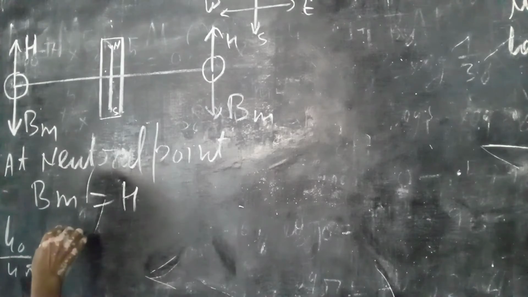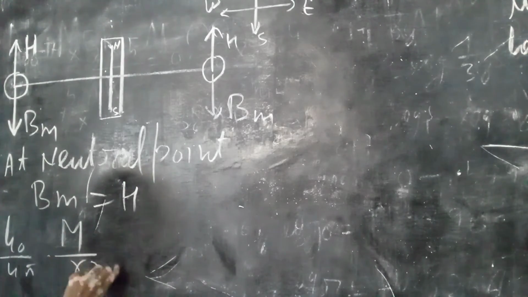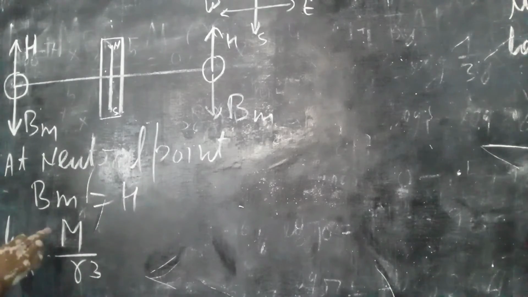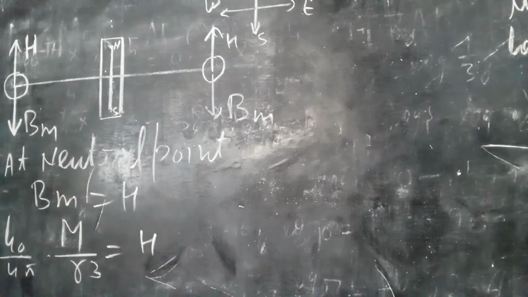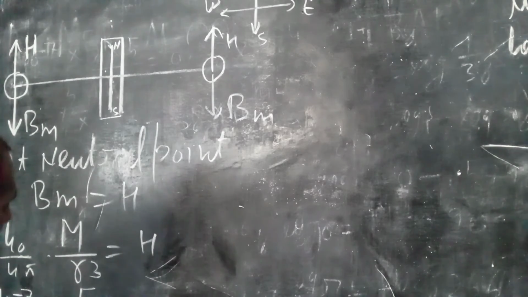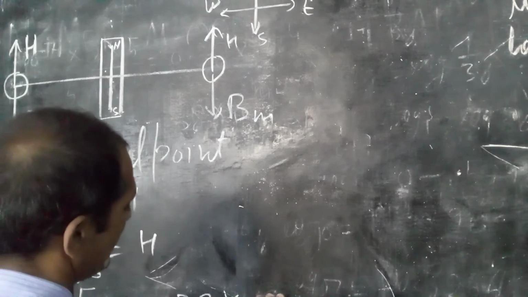At the equatorial line, the magnetic field due to a bar magnet is half of the magnetic field produced at the axial line. So this becomes m by r cube. In the axial line it is 2m, here in the broadside position it is m only, equal to H. Now write the values: mu naught upon 4 pi is 10 to the power minus 7, your m is 5, r cube we have to find, H is 0.38 Gauss, changed into Tesla by 10 to the power negative 4.